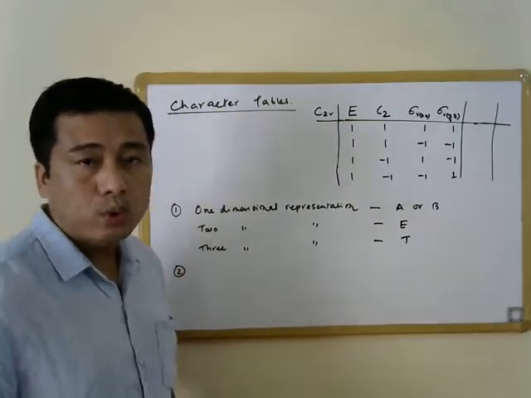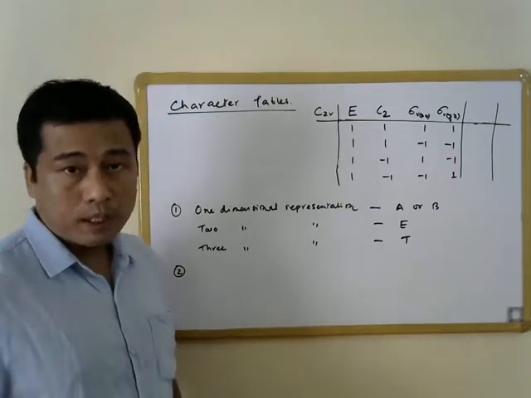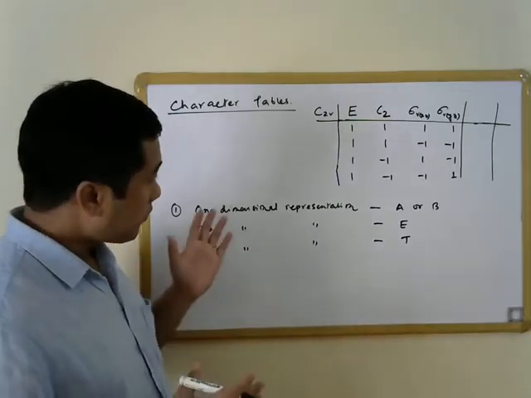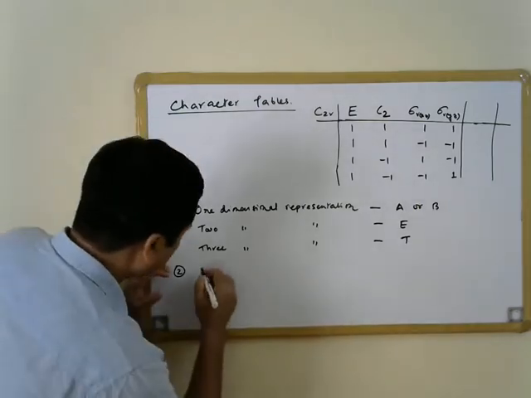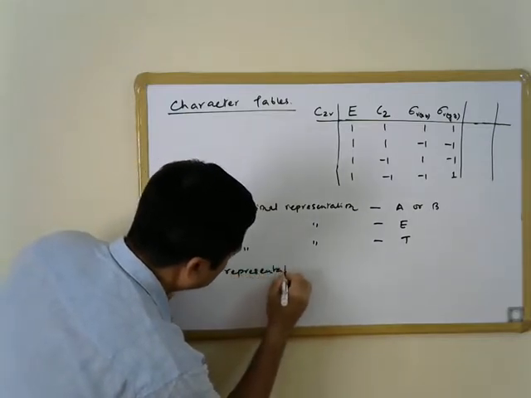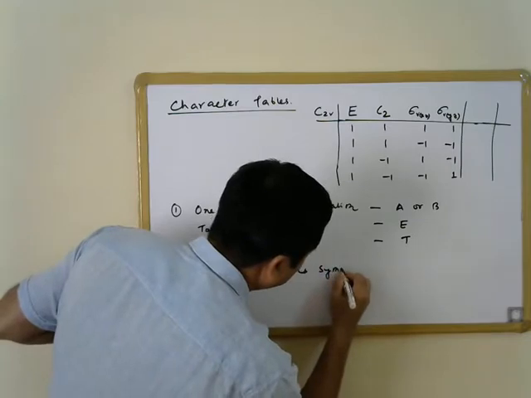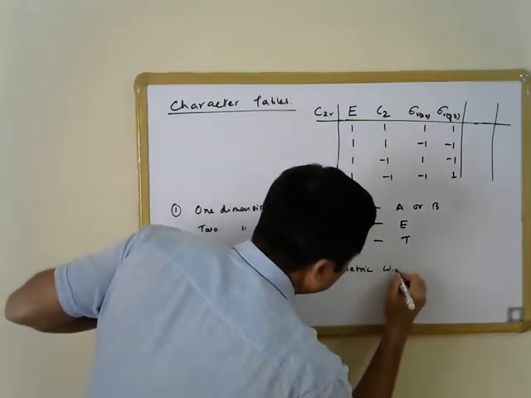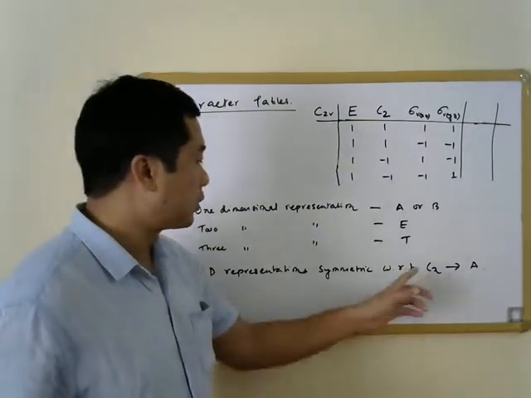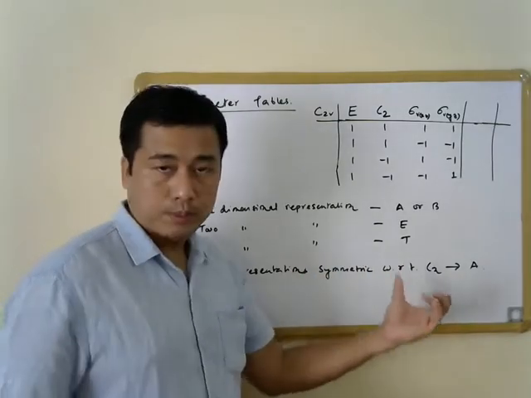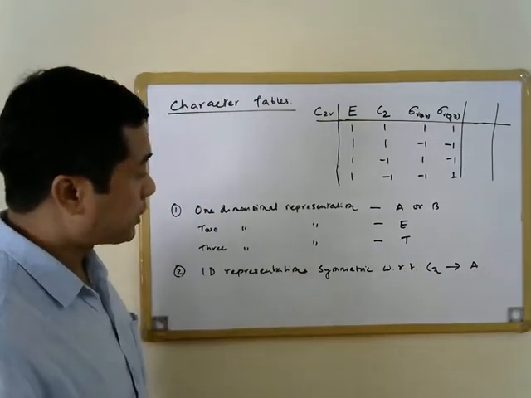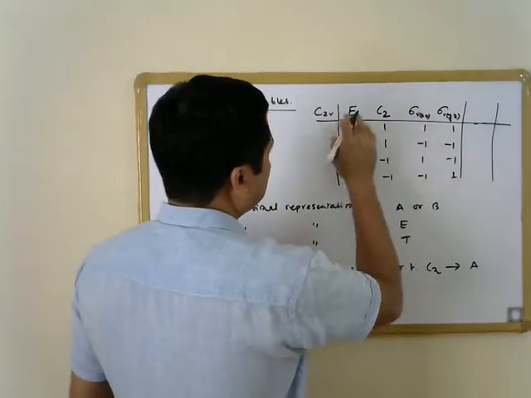It says that those one-dimensional irreducible representations which are symmetric with respect to the principal axis of symmetry, that is, one-dimensional representations symmetric with respect to Cn, are denoted by the symbol A. So what do we mean by symmetric with respect to the proper axis of symmetry, or Cn, or the principal axis of symmetry to be specific? If we look at this, in case of the C2v point group,